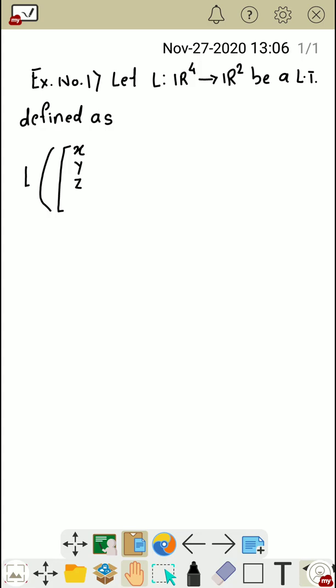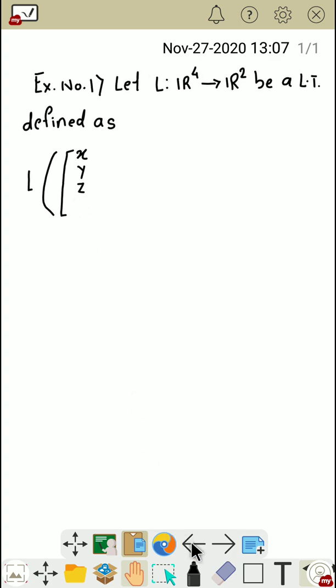Welcome to all students. In this lecture, we study examples on linear transformations. Let us take one example. Let L from R4 to R2 be a linear transformation, defined as L operating on the column vector (X, Y, Z, W) with 4 rows,